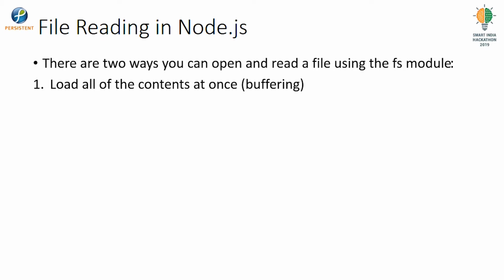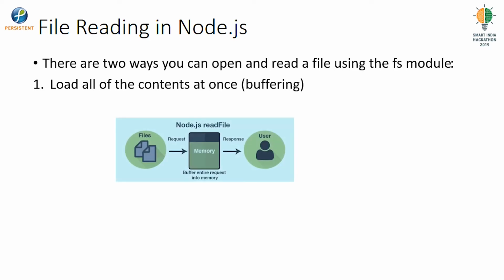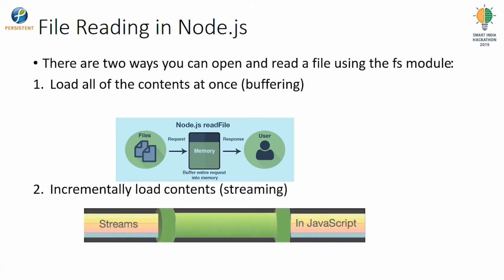So there are two ways in which we can read data by using the FS module. One, we can load all the contents at once, which is called buffering, and store it into memory. Or we have incremental loading or reading of data, which is called streaming. This is a very popular concept of Node,